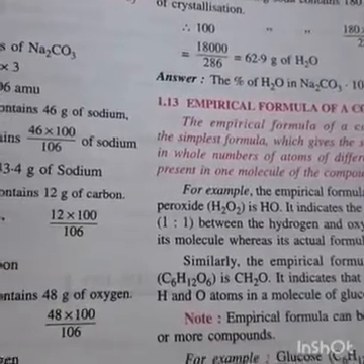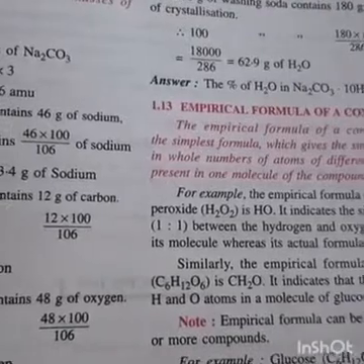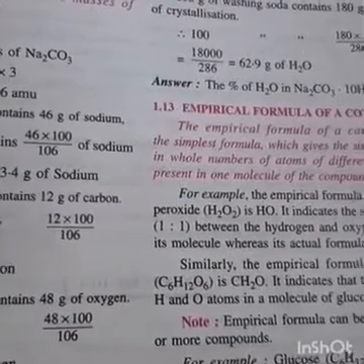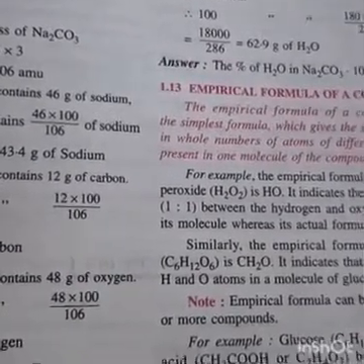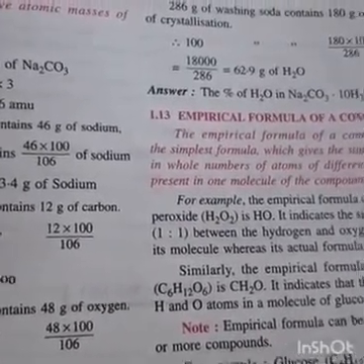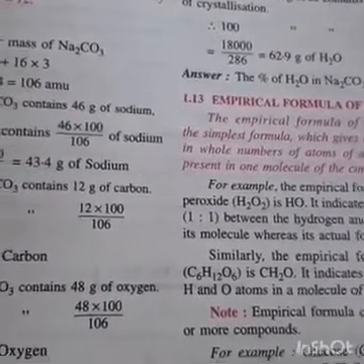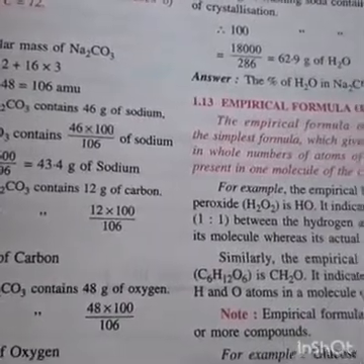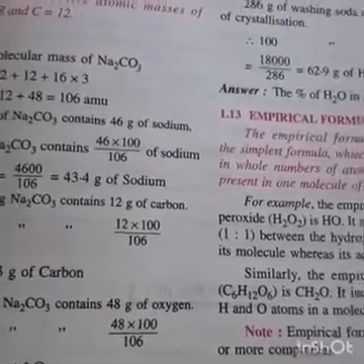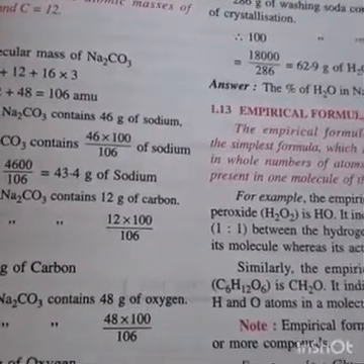Now the next topic coming up is the empirical formula of a compound. We know the molecular formula of a compound. We say H2SO4, H2O2, hydrogen peroxide, or sodium sulfate. These all are molecular formulas. Then what is the empirical formula of a compound? If I divide a formula by some common number, the smallest or simplest ratio in whole numbers that I obtain, the ratio of all the elements together in smallest form, that we make the empirical formula.